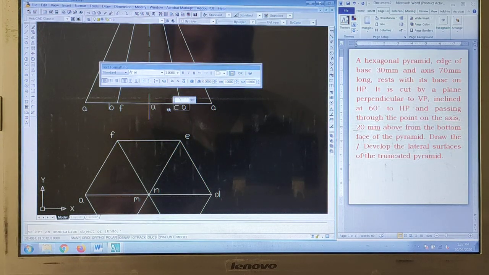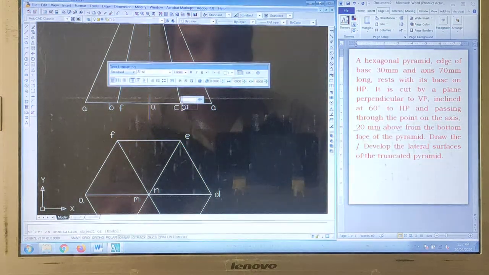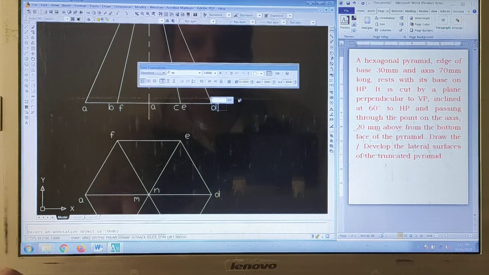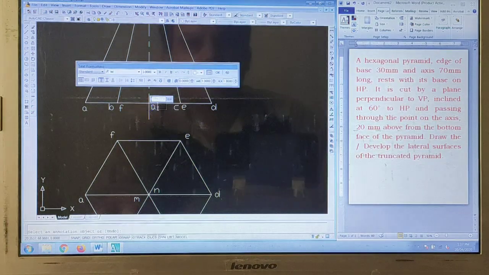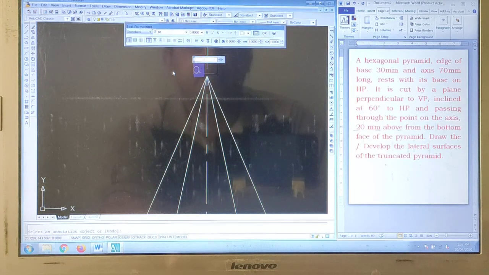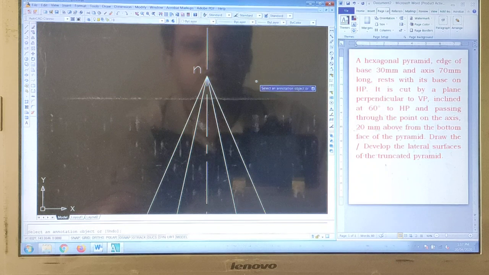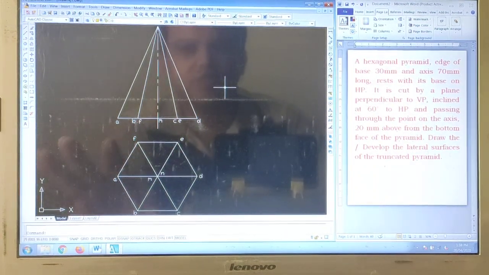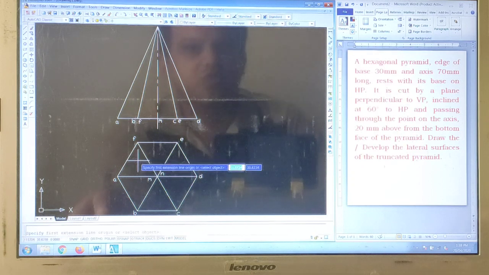This is C and this is E. Then this is D, M, and this apex point will be the point N, isn't it? Now we have done the naming part. Okay, so what is remaining is the dimensioning part. So let us do that too.